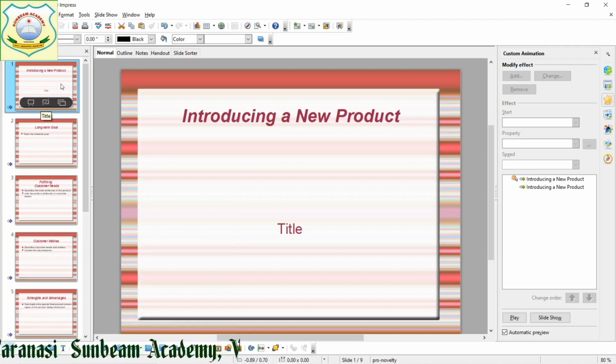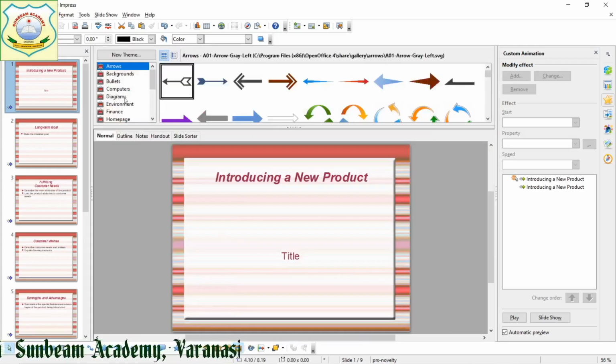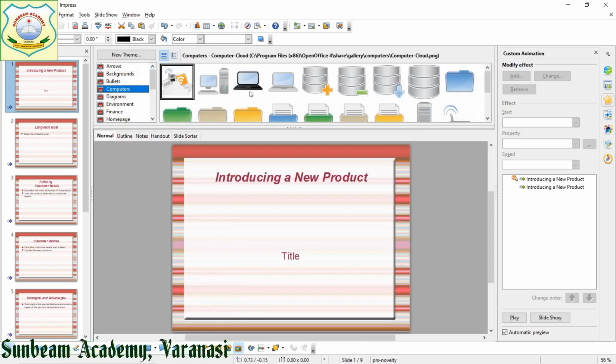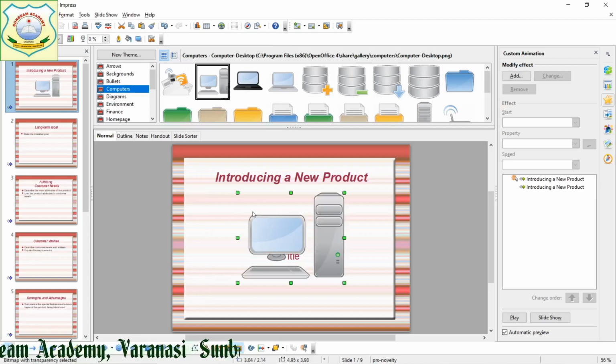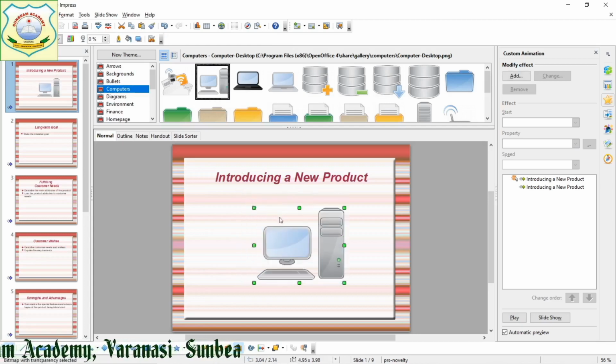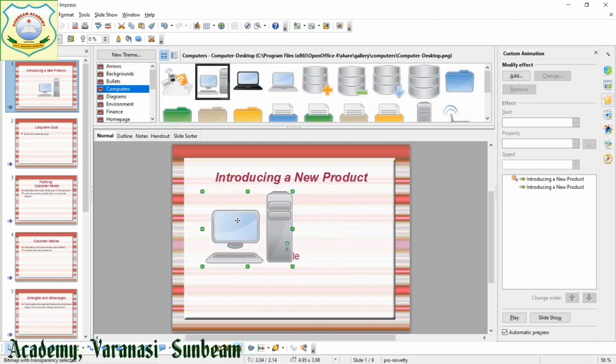Suppose I want to add a picture over here. From the gallery I am going to take some picture. Suppose I have taken this one, insert, this has come, right? This picture I want to animate.